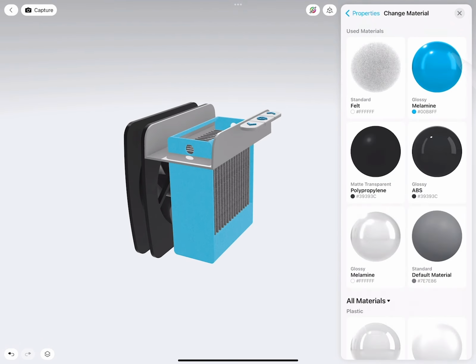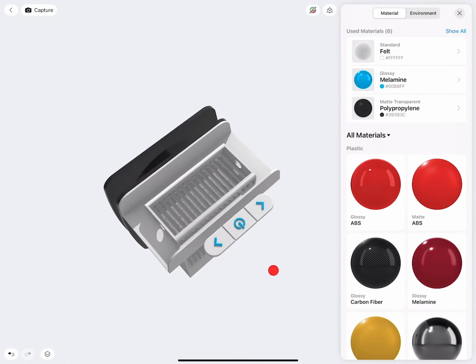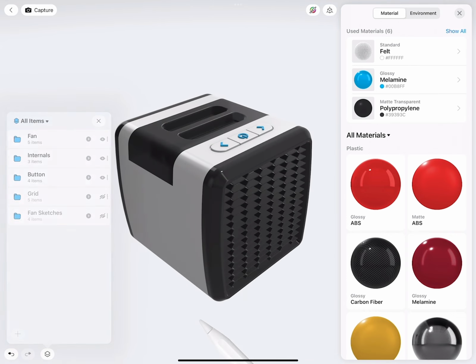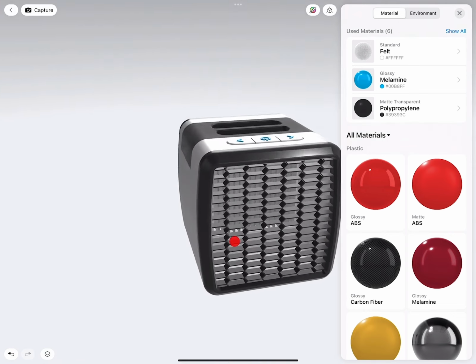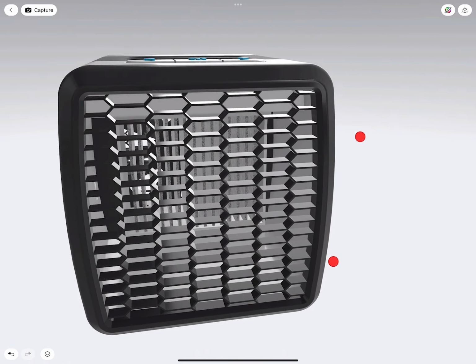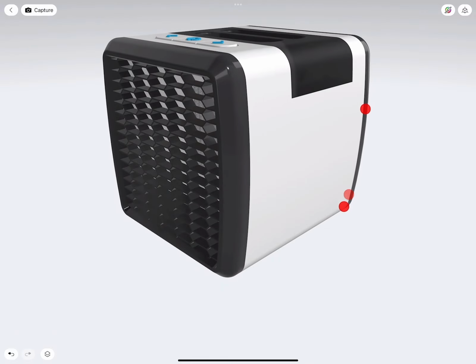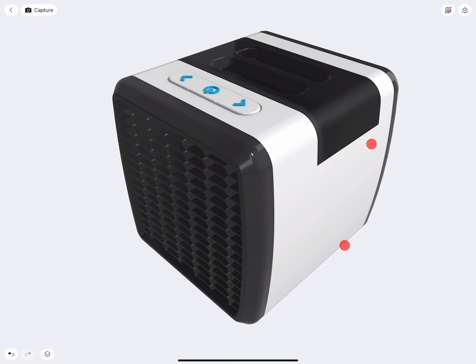I double click it, change, and I change this back to the melamine. There we are. Very good. And then the rest we show again. Beautiful. Okay. So you see, this is then a way how very quickly we can create a really nice material study.